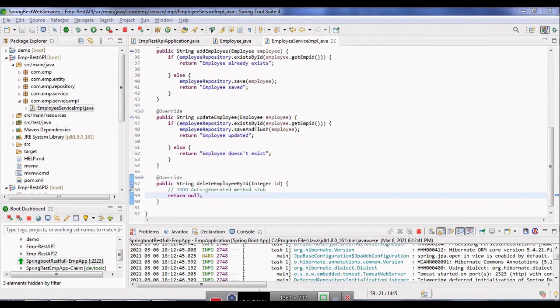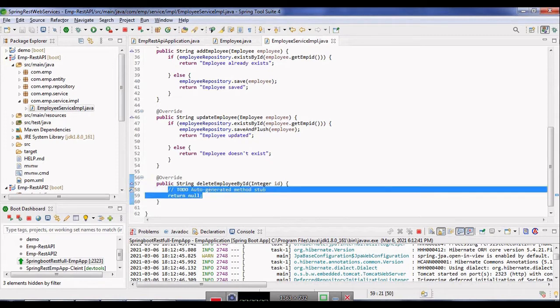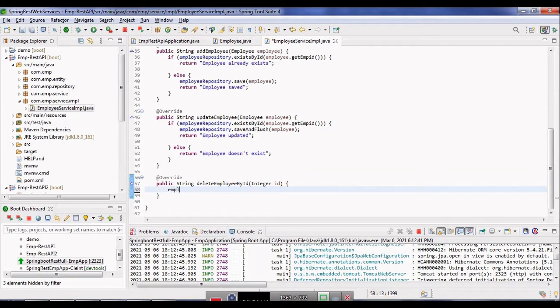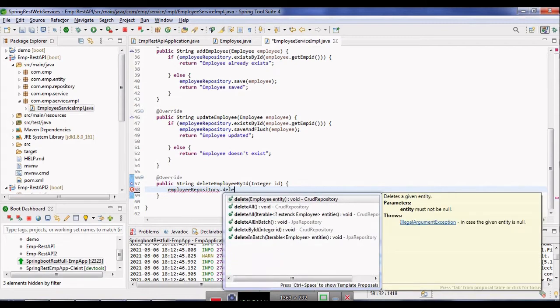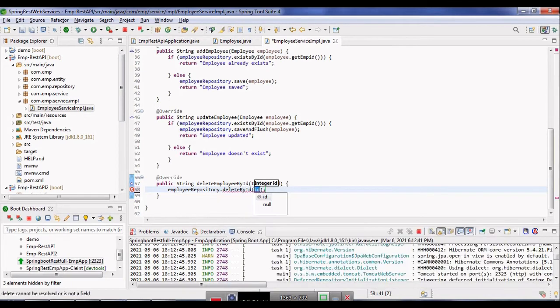Now last is for delete employee. So there is a direct delete by ID method, so I can just directly use that. Employee repository dot delete by ID.